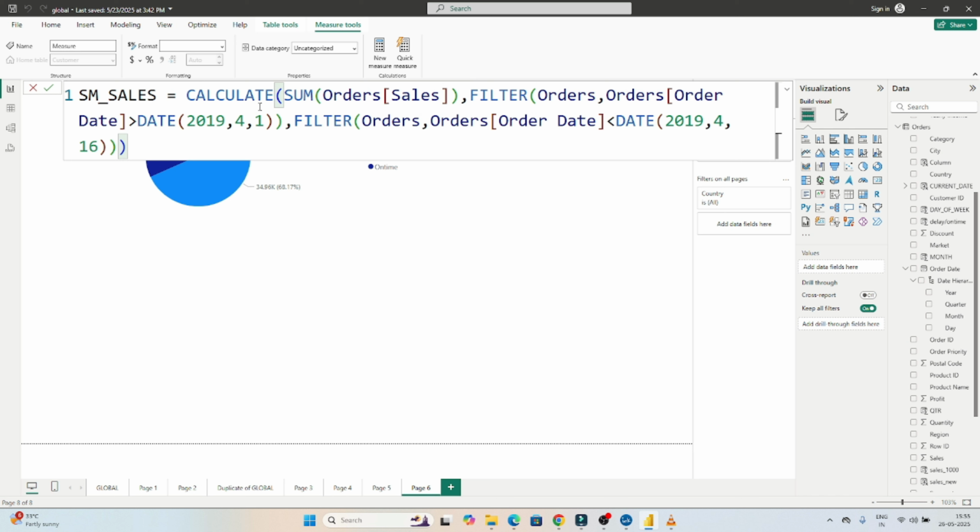Now this is how we calculate. We are using CALCULATE to calculate the sum of sales, but based on a certain condition, so I use FILTER. In FILTER we first pass the table name, which is the orders table. From the orders table, I want to filter the order date greater than the 1st of April. I write another filter condition, order date less than the 16th of April. This is the condition I am writing. If I enter this,